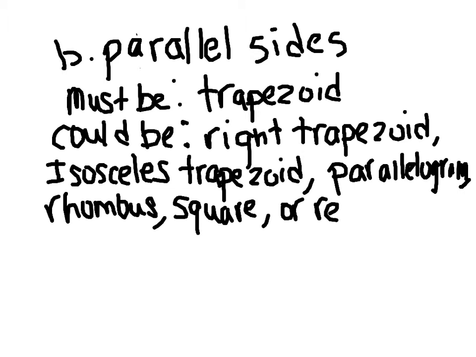So remember, you have to look at what is the information they are giving you. Must be a trapezoid, could be a right trapezoid. All of the ones for could be have more pieces of information, and that's why they can't be in the must be. The last one that I had on this question was my quadrilateral has a pair of equal sides